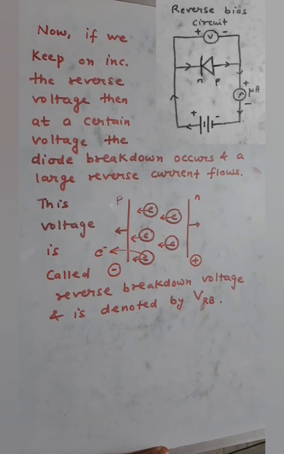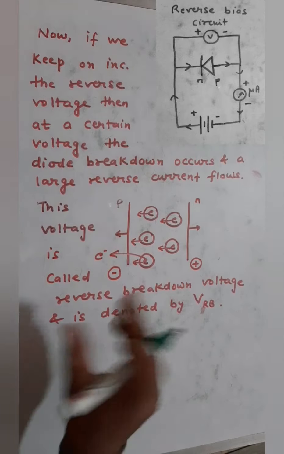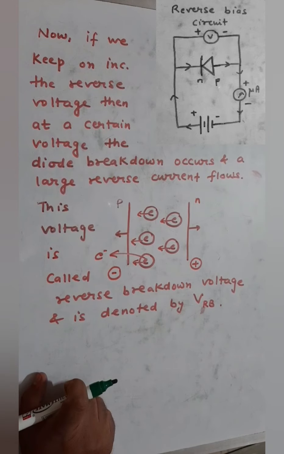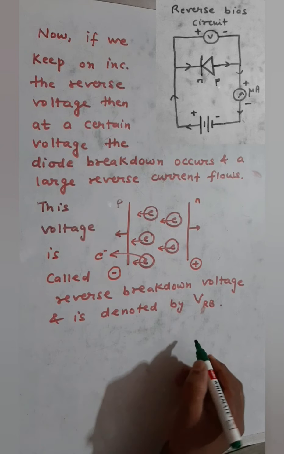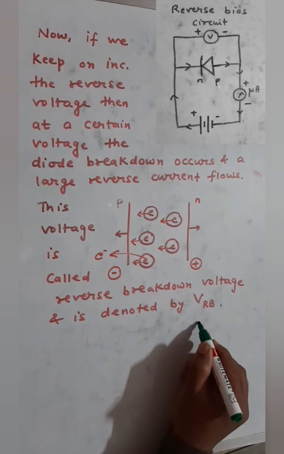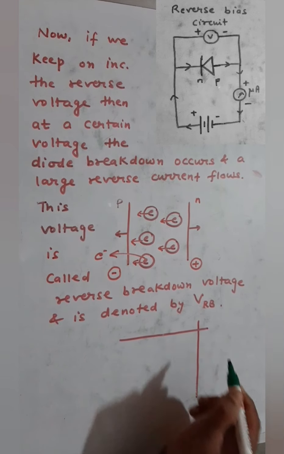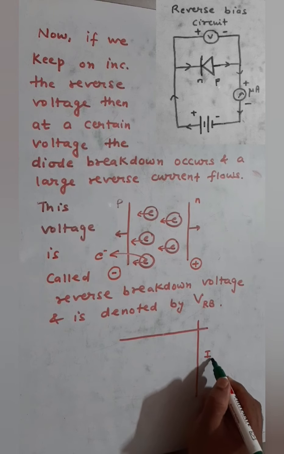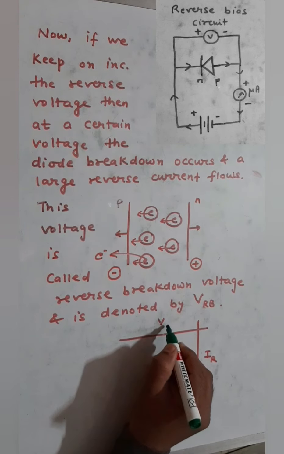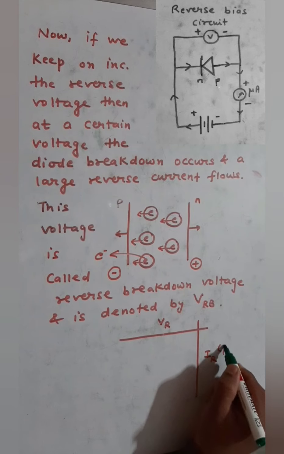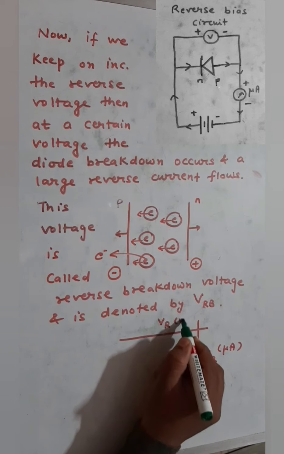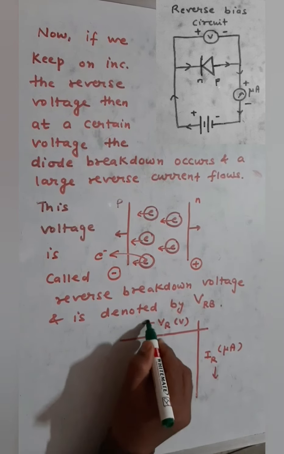Okay, so now we will plot the same thing over a current and voltage axis, and we'll try to figure out the IV characteristics plot or the IV graph for a diode in reverse bias. First of all we'll plot this in the third quadrant, because the current is also reverse current, and this is your reverse voltage. So this is of the order of microampere, and this is in volts.